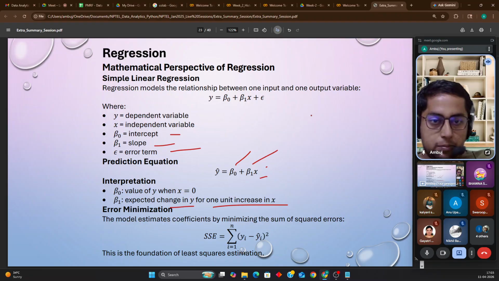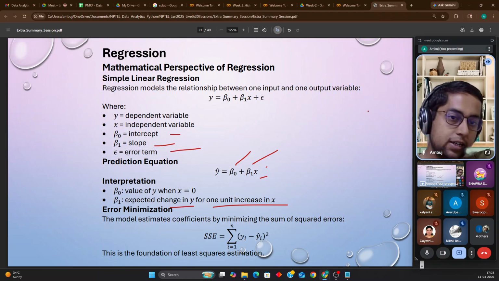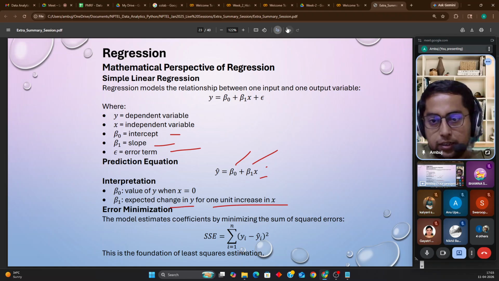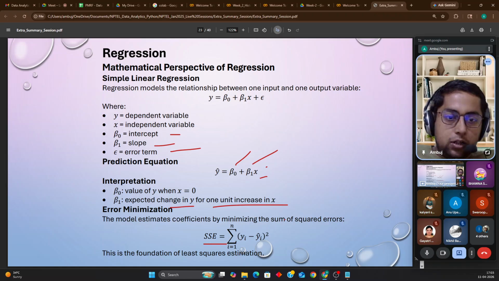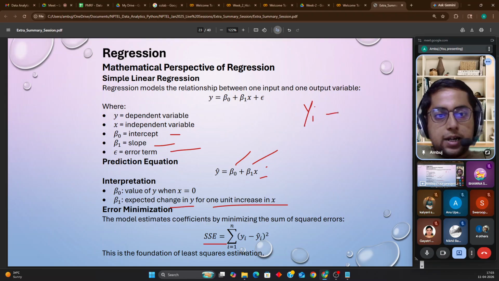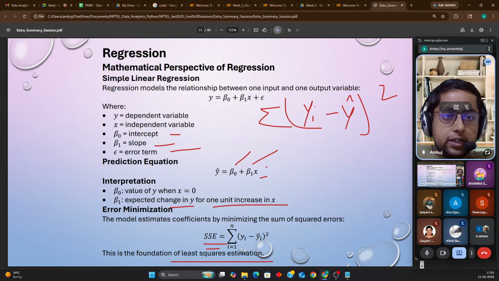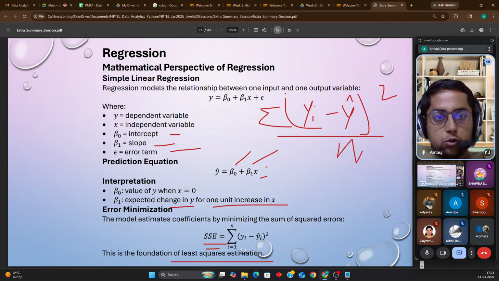Take two equations, then eliminate beta 0, and then whatever you will get in the equation of beta 1, that will suffice. Beta 1 will be nothing but y2 minus y1 divided by x2 minus x1. Error estimation would be nothing but summation of all the errors, yi's minus the predicted value y hat, whole square. You do the sum. If you want to calculate SSE, then you do it like this. Least square estimation, if you want to do, go with that. If you want to calculate the root mean square error, you perform this operation, take the square root, divided by n.